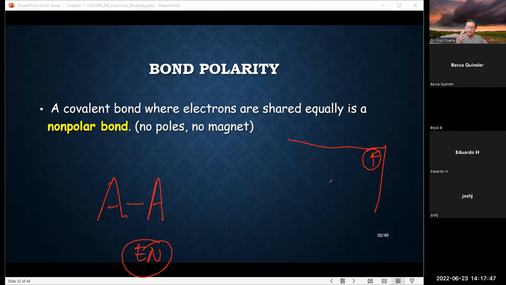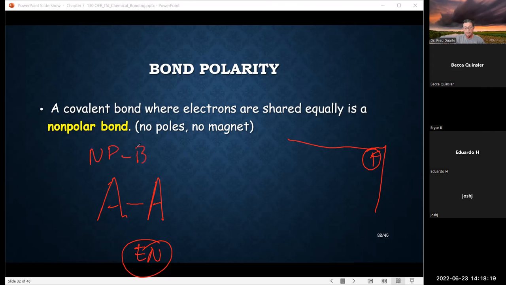And if I want to compare two atoms, I look at their position relative to fluoride, and whoever is closer to fluoride has a higher electronegativity, which then tells me in which direction the electrons are being pulled in a bond. Obviously, A-A, whatever A is, they're both the same. So I got two people here, same weight, same strength. The tug of war between the electrons is the same. It's equal. So we have a